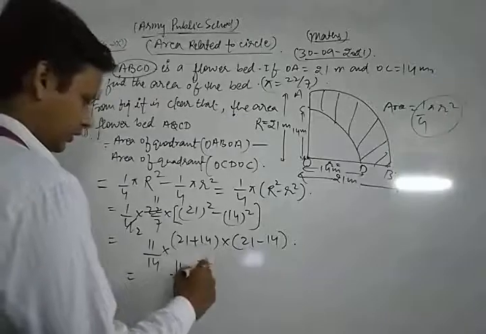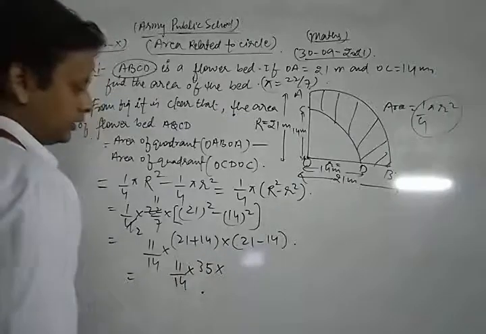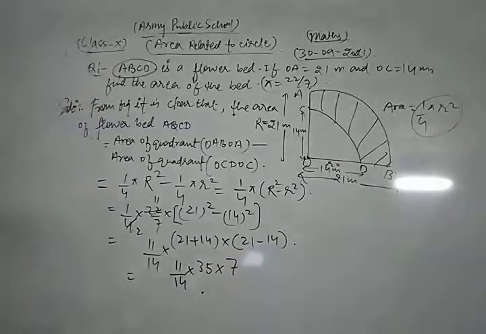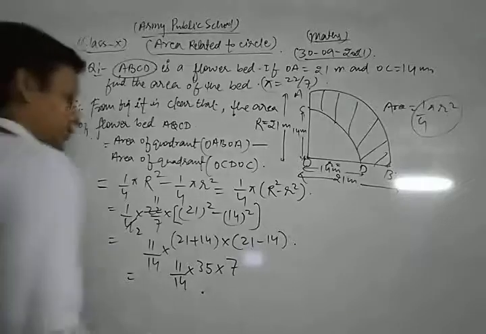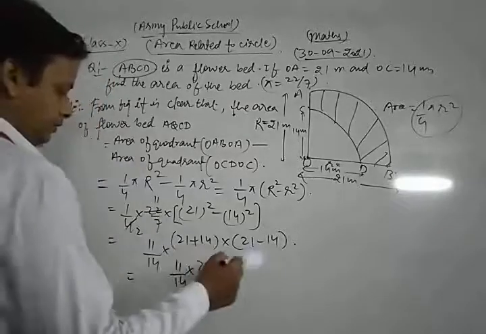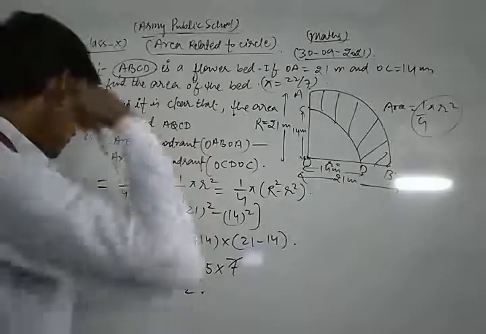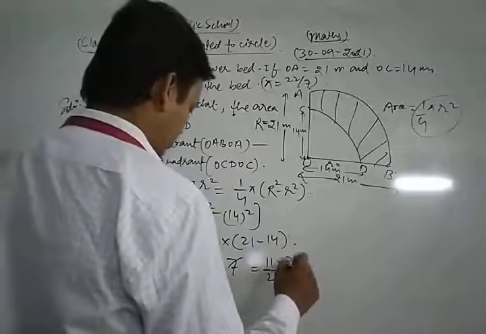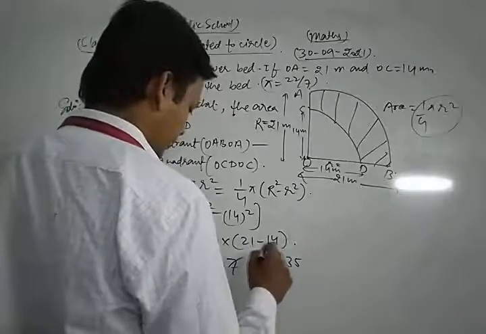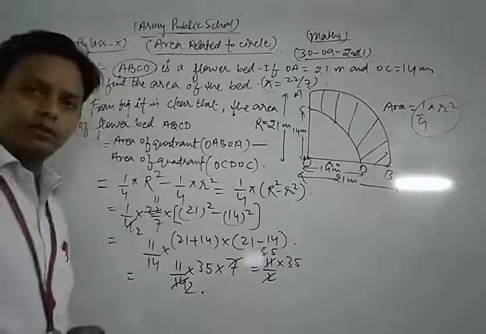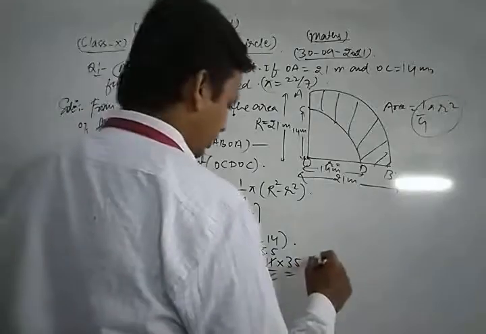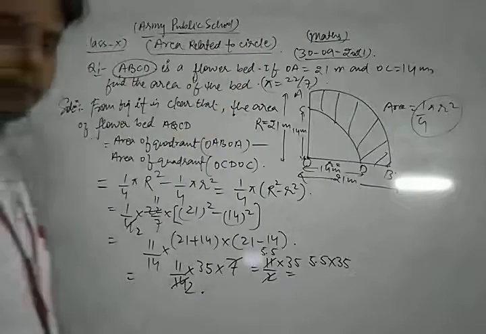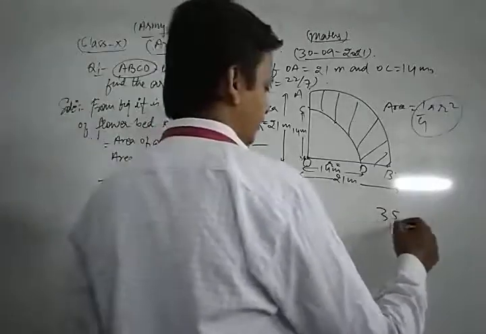5, 35. This is what? 7. This is what? 7 now? Yes. So look, 7 to the, okay, 14. So we get 11/2 into 35. So this is what? 5.5. This is 5.5. Now we write as 5.5 into 35. Now look, we are multiplying them. So 35